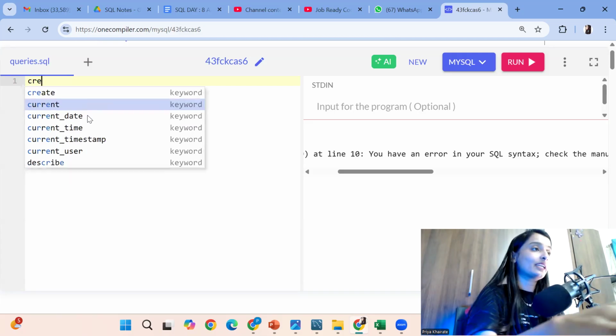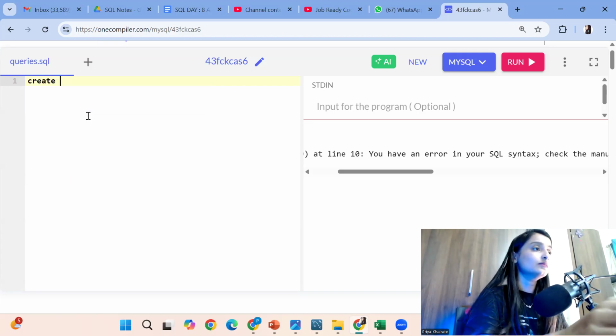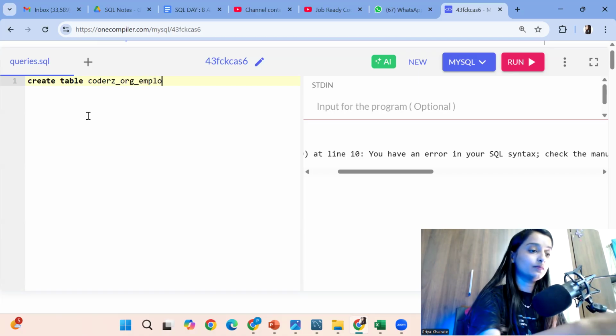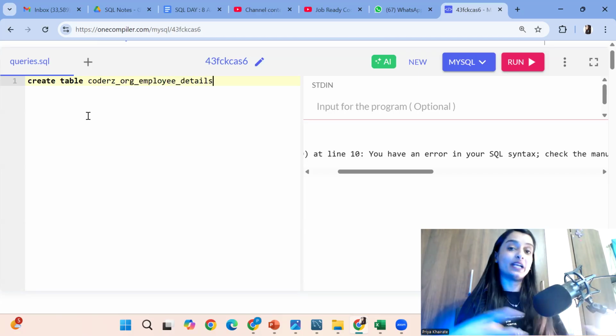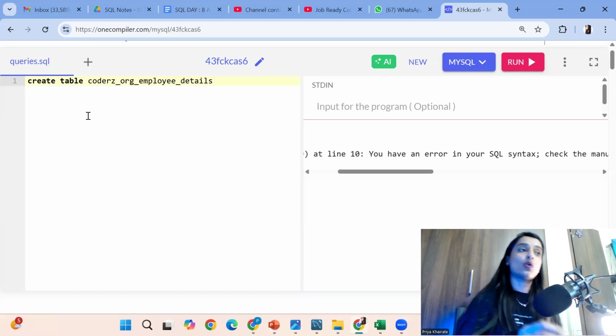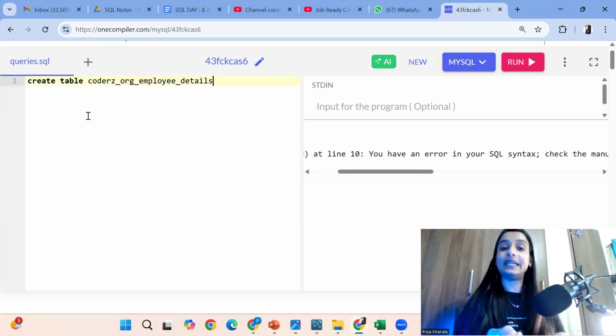Let's say I have created one table. Create table, and let's say the table name is coders_org_employee_details. This is the table name, some big meaningful table name I have given: coders organization employee details table.